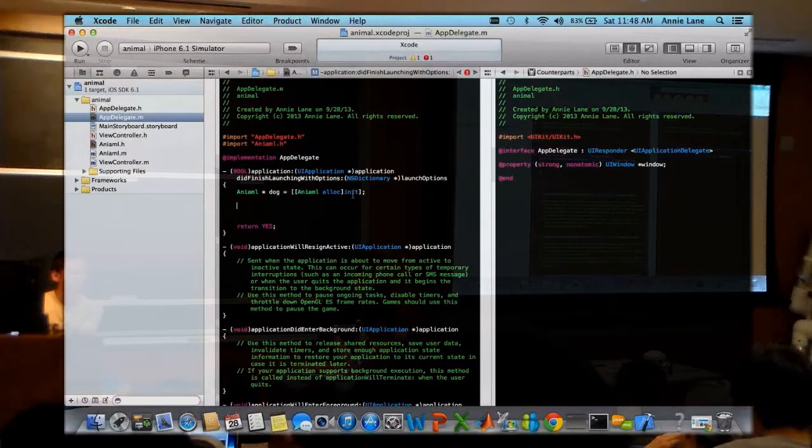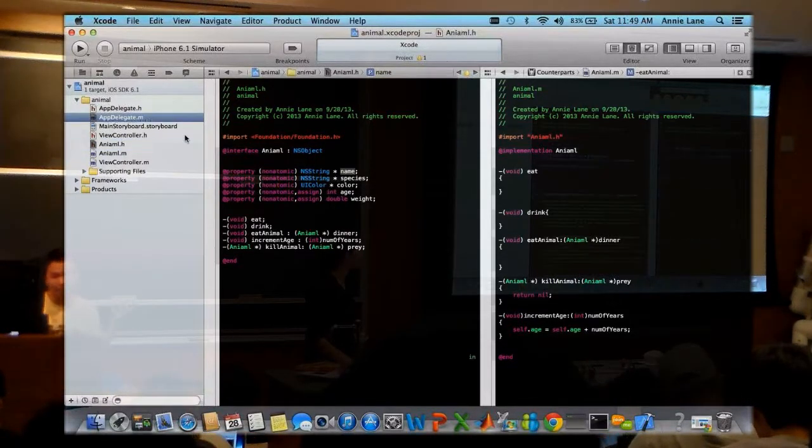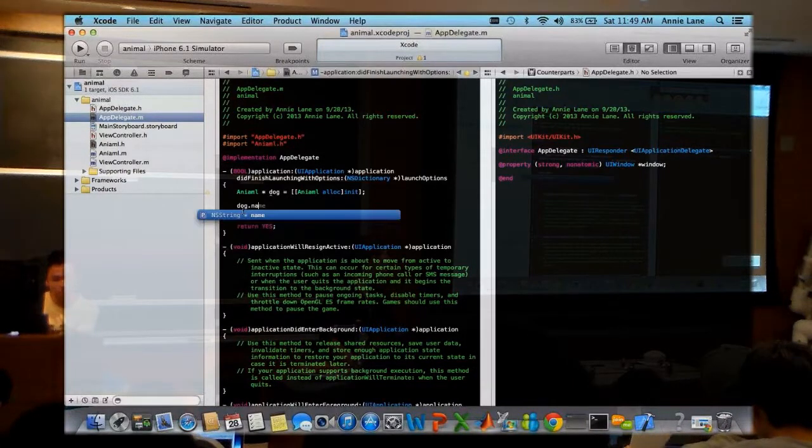So now I want to change the name of the dog, right? So how do I access this property? Remember that in the file before, the .h, we have this name here. And now I want to change this name. How do I change it? So I go .name, which is the name of that property, is equal to